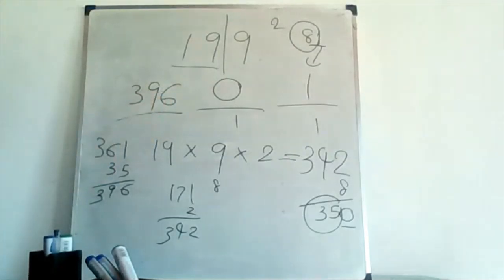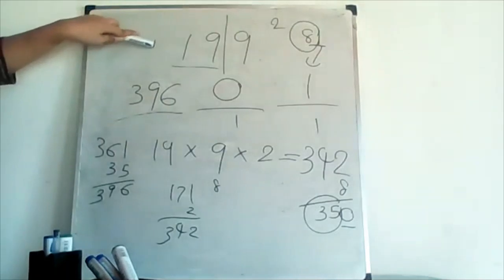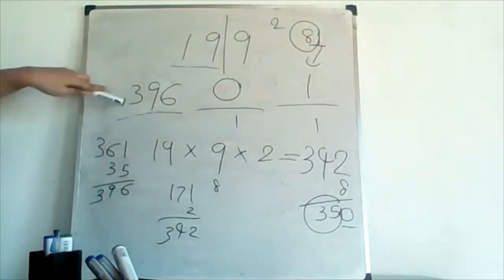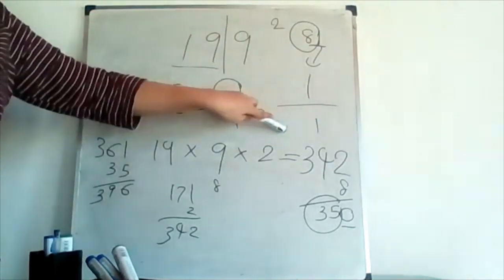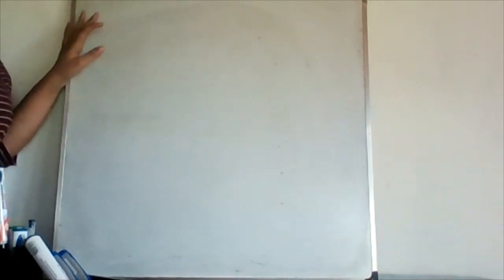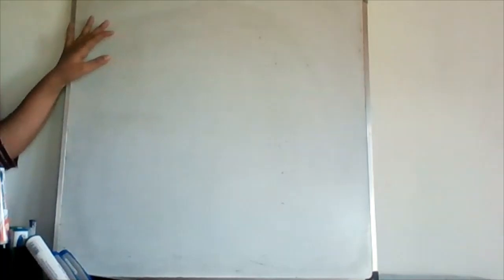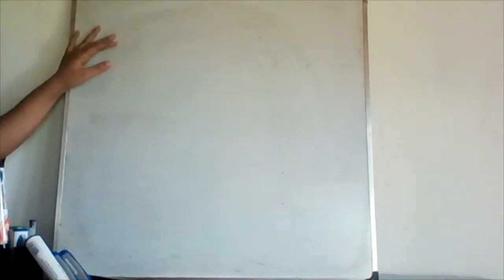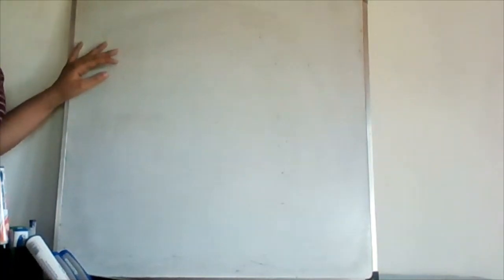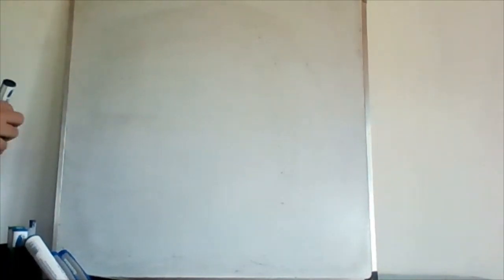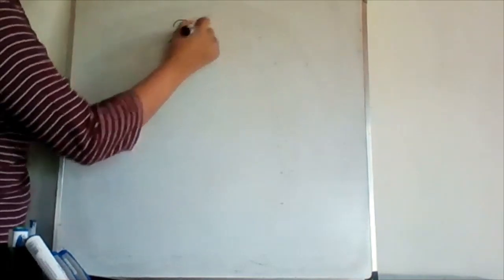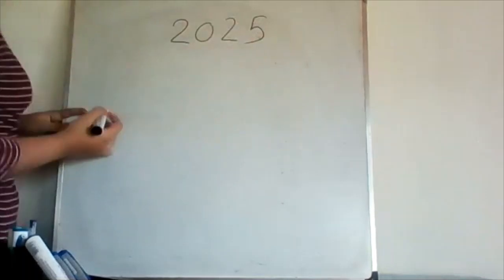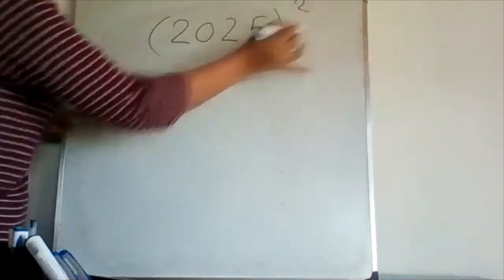Yeah, so then that's all about finding the square value of 199. That is 39,601. Okay, so at this point we have ended up discussing some of the two-digit numbers and also some of the three-digit numbers by using the discussed method. And so now we are going to have a four-digit number as our final example. Okay, so then let's find out the square value of 2025 by using the short method we discussed.